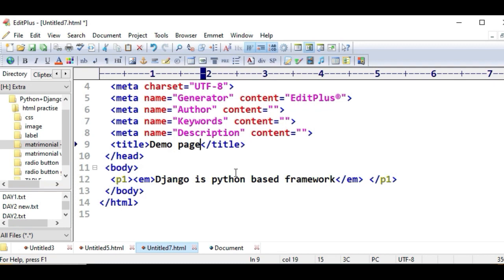demo page. So we write here heading, body, and inside the body we are using heading h2, and h2 is the heading, so we don't need to write it in bold, although you can. So h2 is smaller than h1.